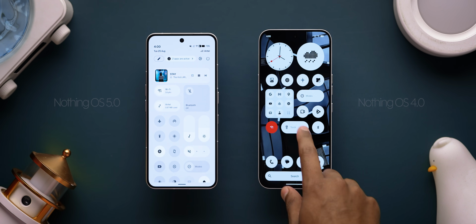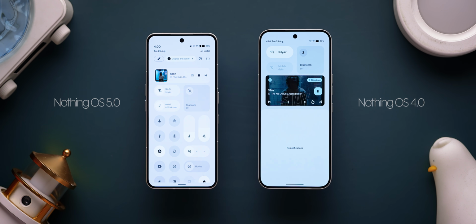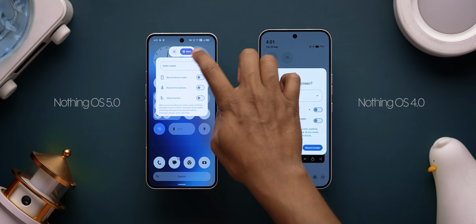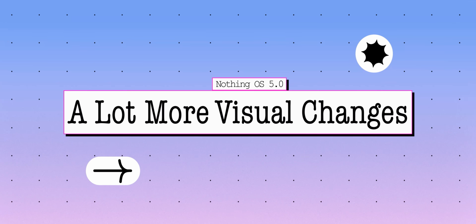Also, when you play music, this is how it looks versus Nothing OS 4. Yeah, much cleaner, much smaller as things should be. Even the screen recorder has a new floating pill design with simplified options, and again, it looks much better now. But hey, if you thought that was it,